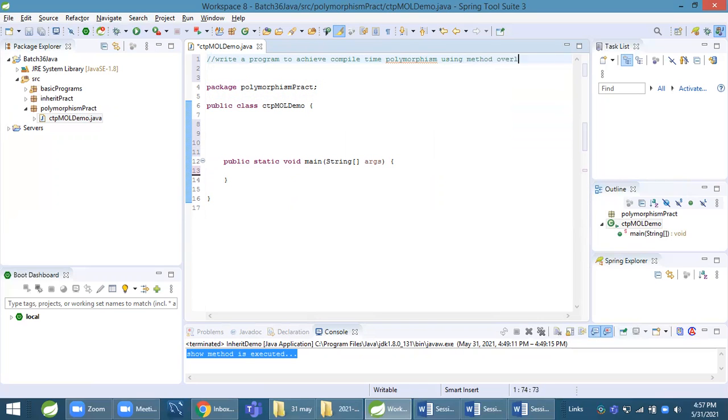Let us see how method overloading works. There is a method called, suppose, calculate.